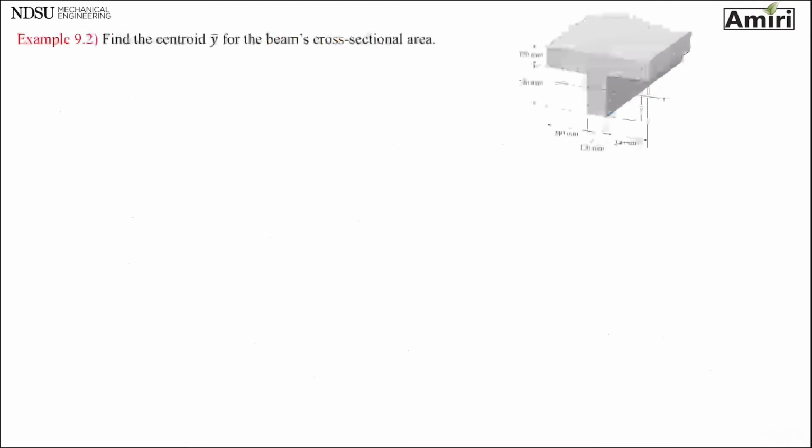Since we're in this topic, let's do another composite area. Find the centroid Y bar for the beam's cross-sectional area. Y bar is the distance to x-axis. There are different ways that I can divide this area. I don't need to do integration because I can divide it into simple areas. Look, I can do this. I can do an area like that and then 2 rectangles on the side, okay, for the area. So basically I can do this,